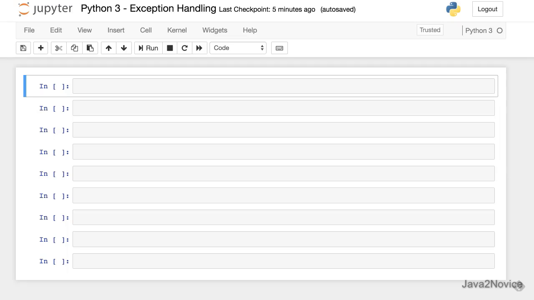Any Python program terminates as soon as it encounters an error. In Python, an error can be a syntax error or an exception. Syntax errors occur when the parser detects an incorrect statement. For example,